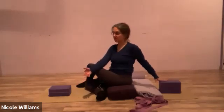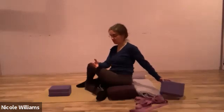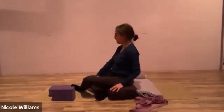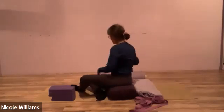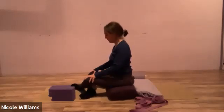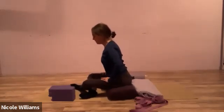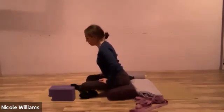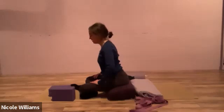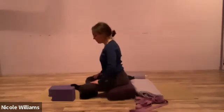Now I start to slide the right arm's pressure from that left leg, and I'm going to move the block from behind me forwards. And then take a simple cross-legged. We're going to move our sandbag leg. So I'm left leg forward, right shin. And as I sit my bones back into the bolster and lean a little forward, you can have your hands on your thighs, you can have your hands on the floor, on your blocks, but emphasize the sensation that basically